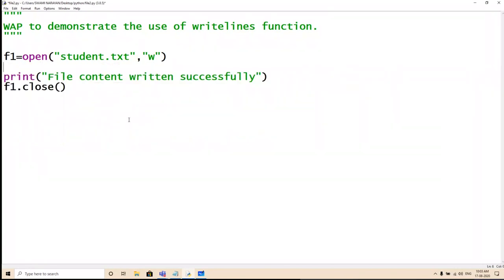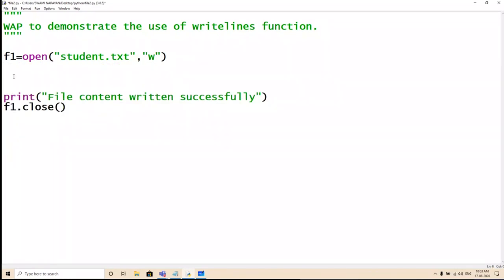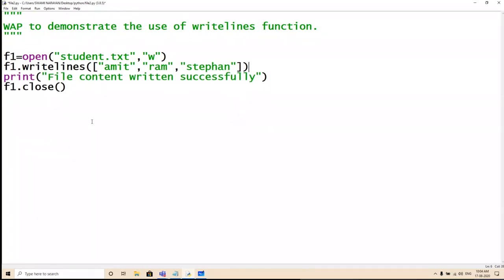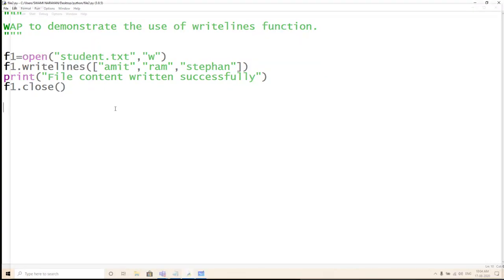File content written successfully. Let us first do it f1 dot writelines, and the same thing let's put it here.